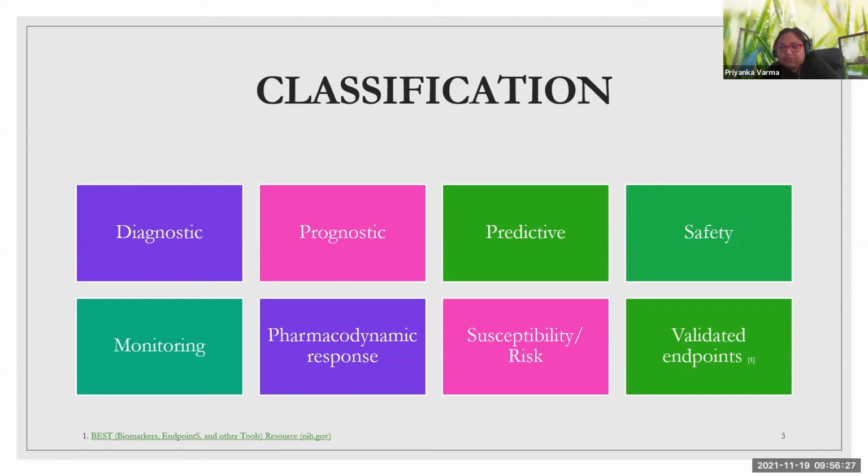And there are so many examples, like radiographic evidence of tumor shrinkage, that is, a response rate, and progression-free survival in certain cancer types. They have been considered reasonably likely to predict an improvement in overall survival with certain therapies and have supported accelerated approval of drugs to treat those cancer types.